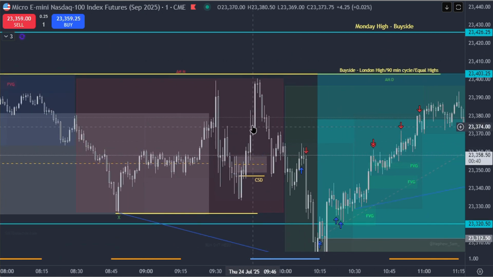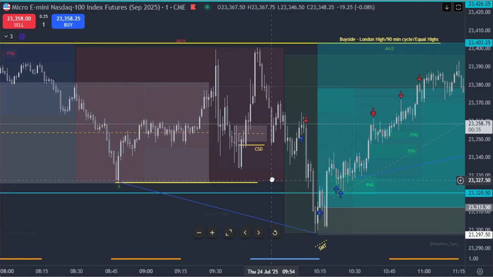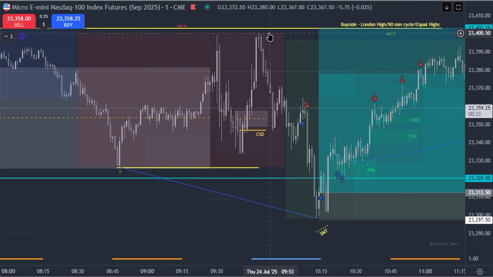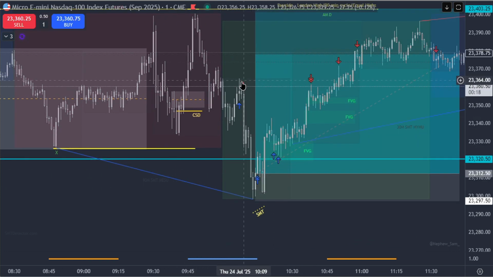Then when I saw it just keep going, I told myself, okay, well, I missed the trade, but then it stopped, and then it retraced back, and then I said, oh, okay, well, the 10 o'clock candle, because the 10 o'clock candle a lot of times is this move right here. This move here is a 10 o'clock candle. So a lot of times